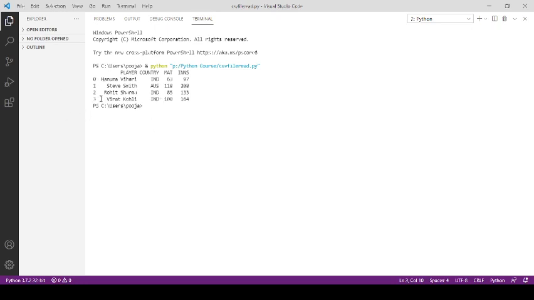So here you can see we have columns player, country, mat and ins. Index values are 0, 1, 2, 3 as we have discussed earlier. By default index values are 0, 1, 2 and so on. And here you can see the data of CSV file, right?